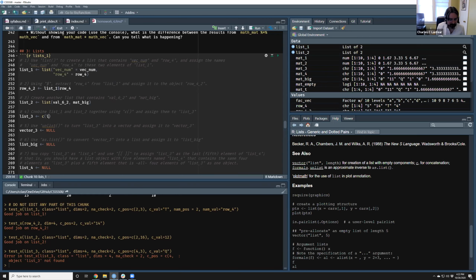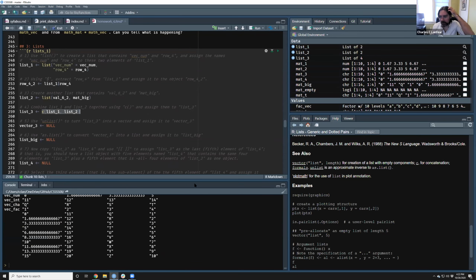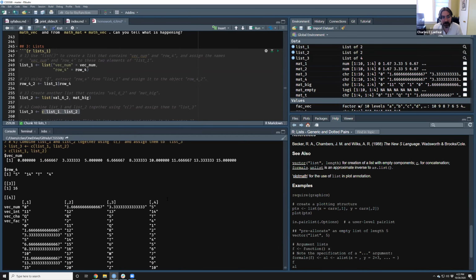So combine list 1, list 2, and that'll do it. So notice the interesting thing about this. We've used the C combine function to combine vectors together, but we can combine entire lists together with it also. So combine works equally well on simple vectors as it does on entire lists.